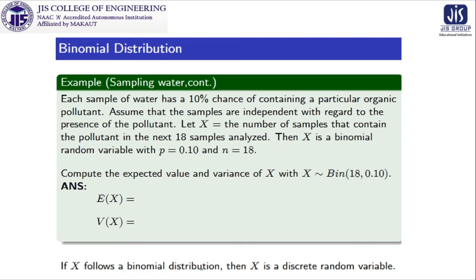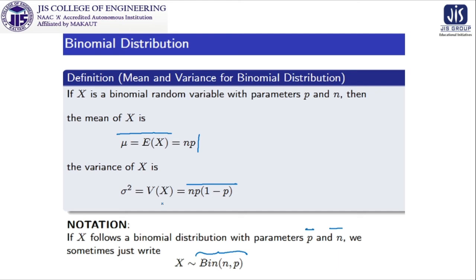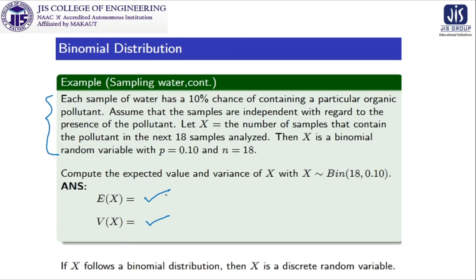So in a similar manner, the problem I have just stated two slides ago, the same problem is there. If you already know the expression of E(X) and the expression of V(X) from the last slide, np and np into 1 minus p, so if n is known and p is known, then np and n into 1 minus p are all known. So from this property in the last slide, you can find out the expected value of X and the variance of X for this particular problem.